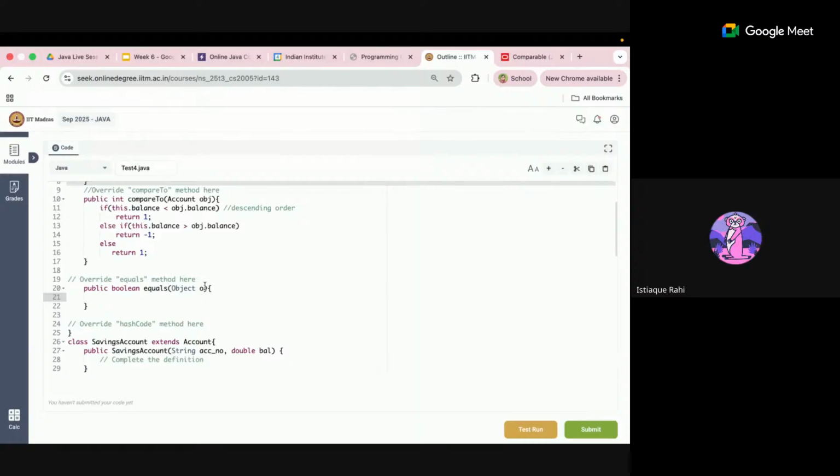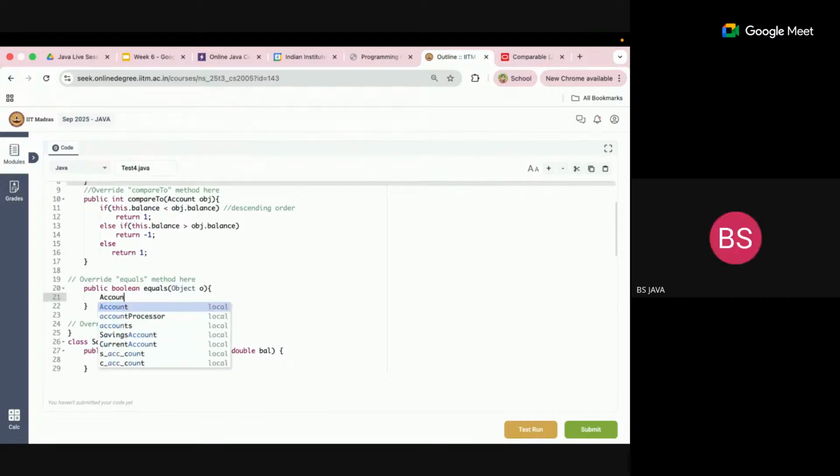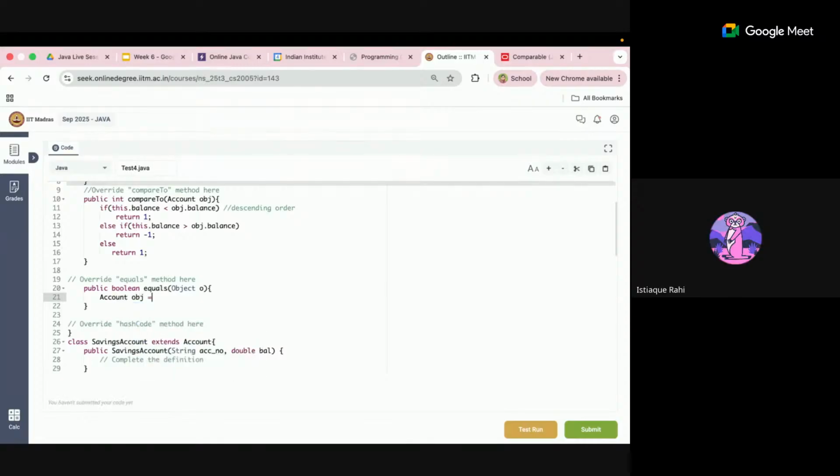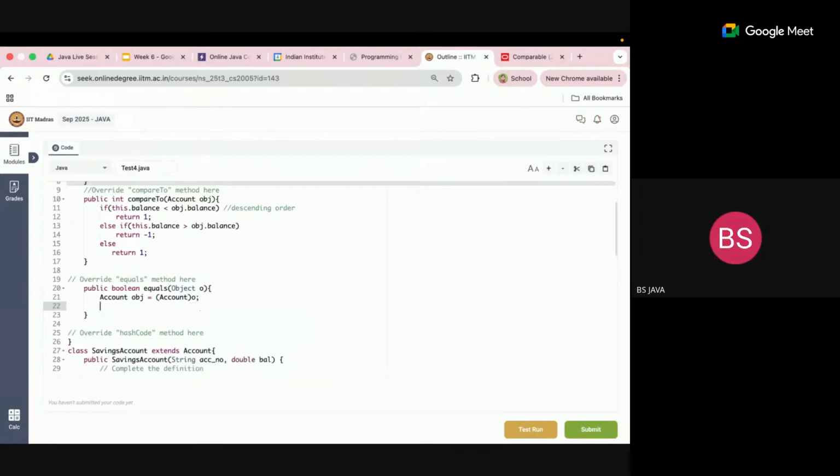Checking its instance directly is not good, but in this case we know that it is an account object, so it is safe. I'll just typecast it to account